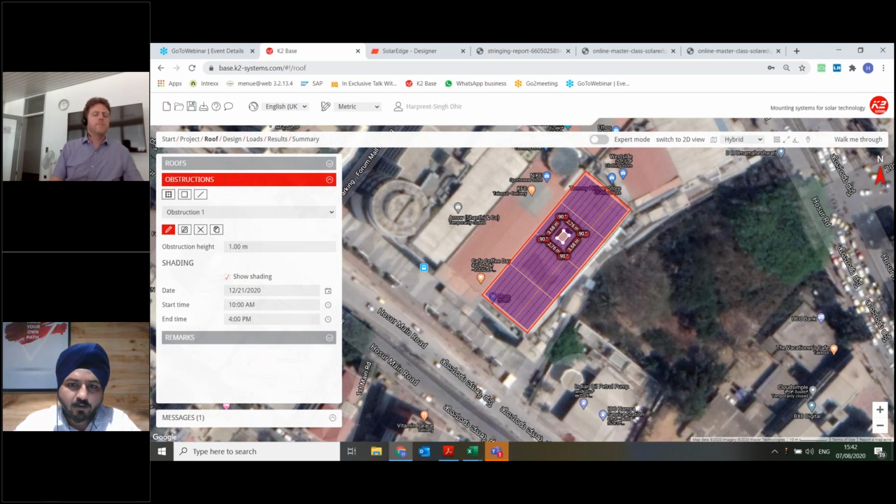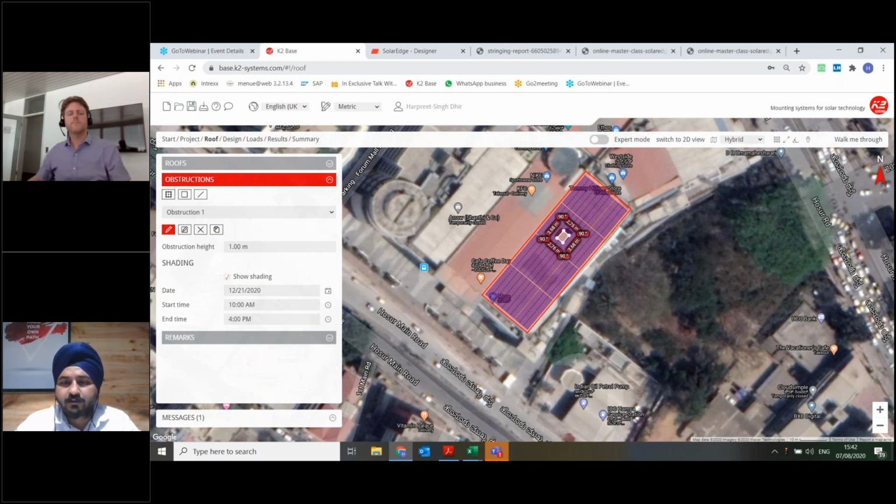At the moment, we cannot incorporate elevated structures in this. So that is at the moment not possible with our tool. This elevated structure concept is more focused on the residential segment, where people would like to use more of the space for their personal use, and that's why they want to elevate it to some height and install above it.